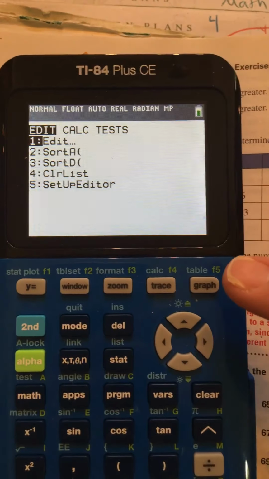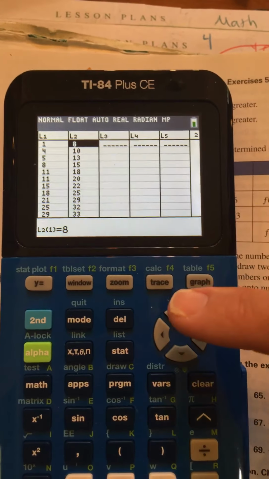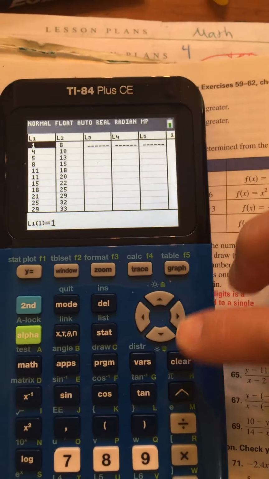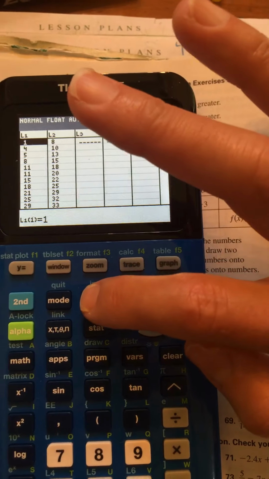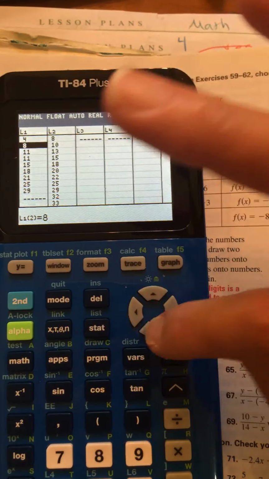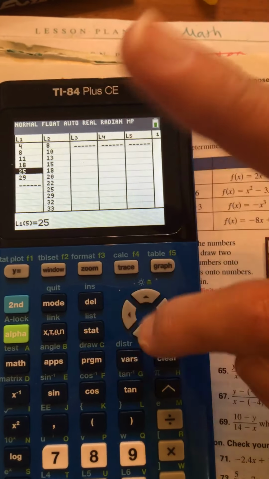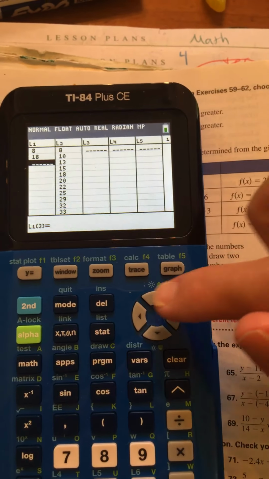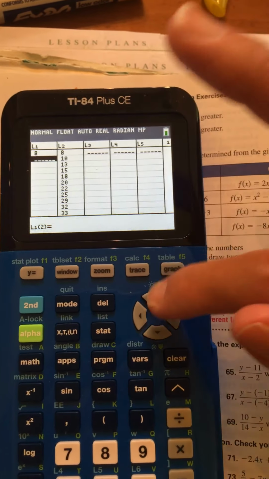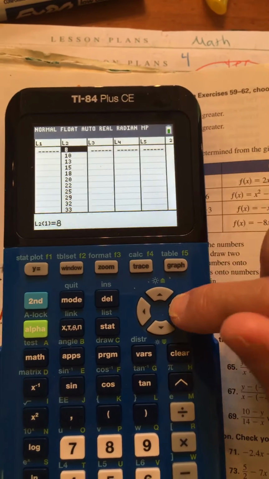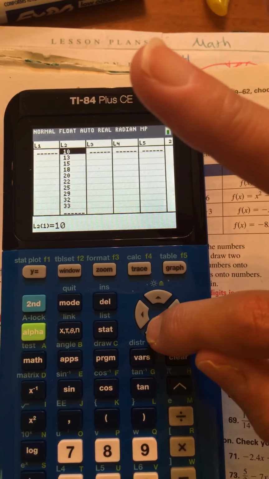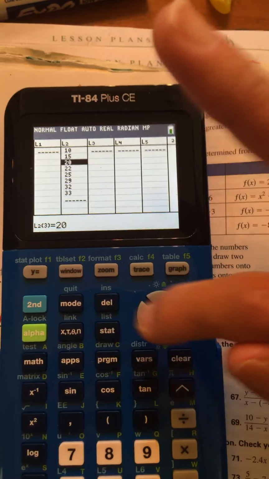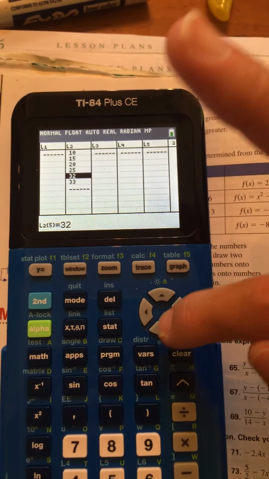We're going to go back to stat, we're going to go back to edit, and this time I am going to delete everything out of it. So I'm going to go delete down, delete down, delete down. And this is more fun with sound effects. Boop, boop, boop, boop. You feel like you're playing Space Invaders or something. Okay, I got rid of all of those. And the reason why I'm deleting, when I told you don't have to delete, you can write over it, is because